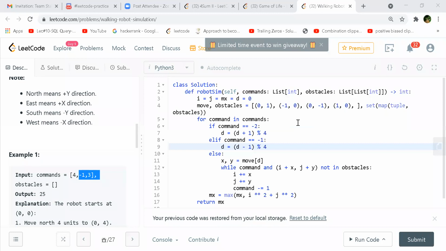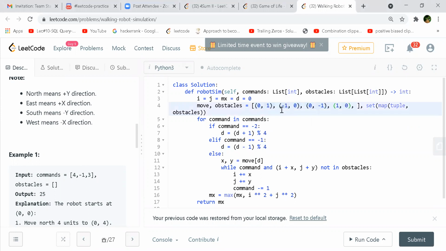Similarly, if you get -1 on line 8, he's trying to turn to the right side. So if you want to turn right, you follow the same move array in the reverse way, correct? So it's as if we are moving to the right side now. Therefore you are subtracting 1, but to take care of the wrapping condition, you are doing a modulo 4.